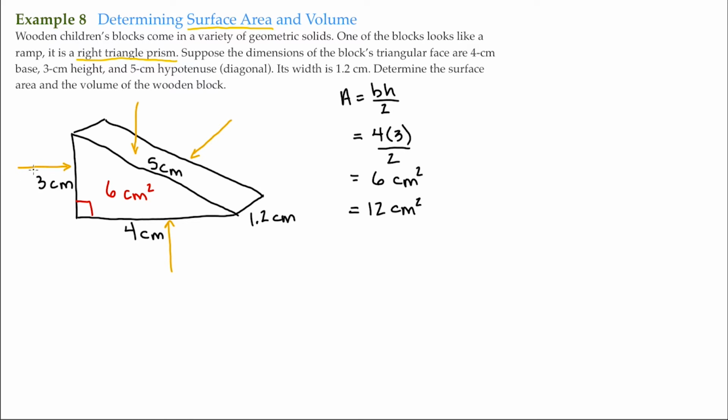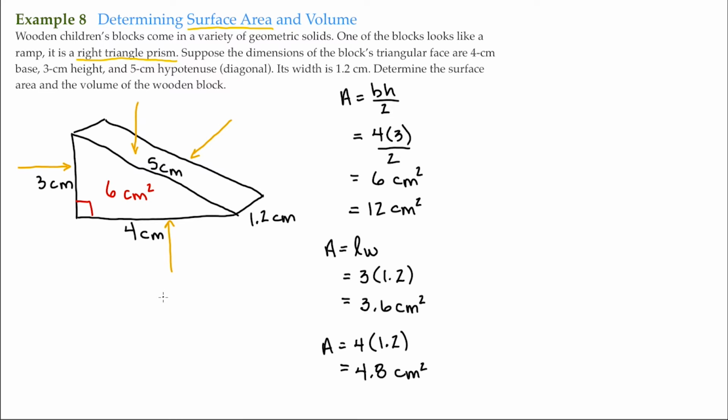Then we have a rectangle in the back here. That's going to be 3 centimeters by however deep it is. Well, that's 1.2. And of course, the area of a rectangle is the length times the width. So we have 3 times 1.2. So that's 3.6 square centimeters. That's the area for the one in the back here. Then we have the bottom here. That's going to be a 4 by 1.2 rectangle. So the area for that one, 4 times 1.2. That's 4.8 square centimeters. And then the last face is the ramp right here. That's 5, the length of the hypotenuse here, by 1.2 rectangle. And that's 6